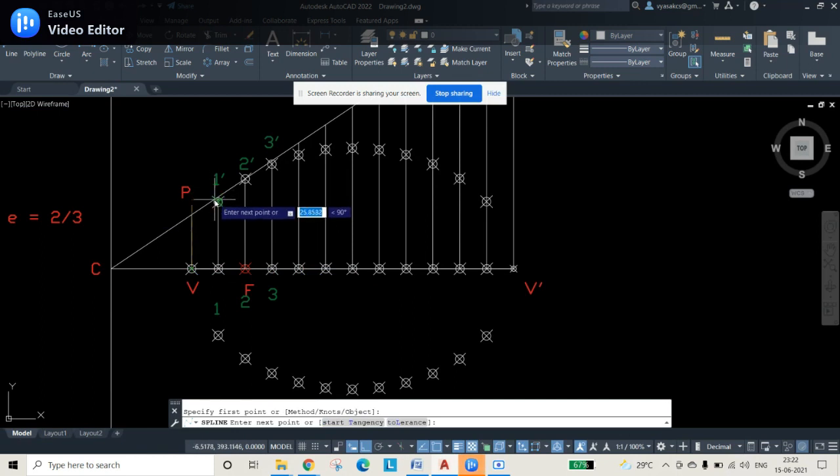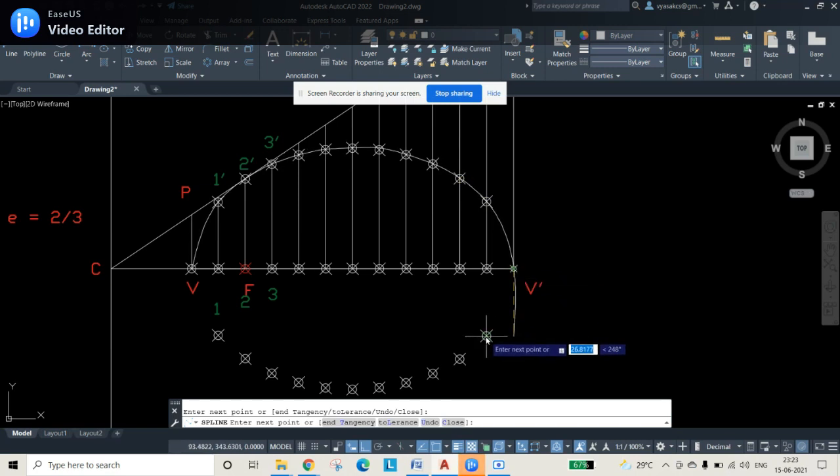Join V, P1, P2, P3, P4, P5, P6, P7, P8, P9, P10, P11 and V dash, and all these points are also selected one by one.